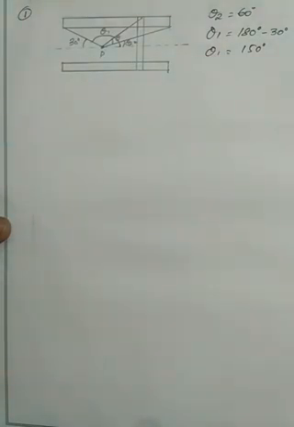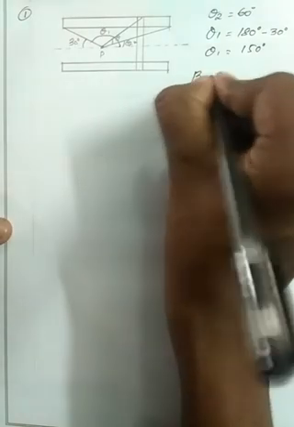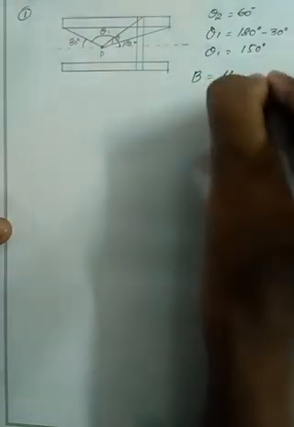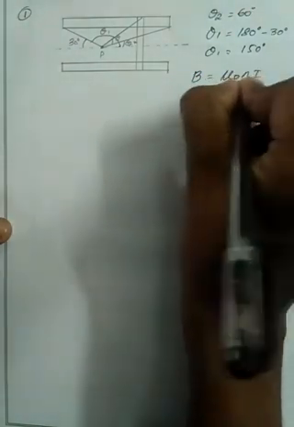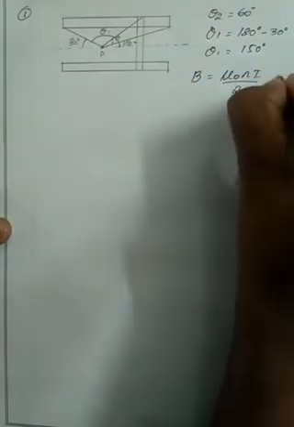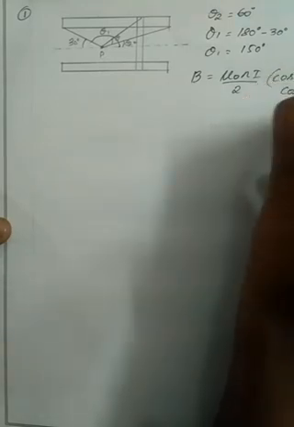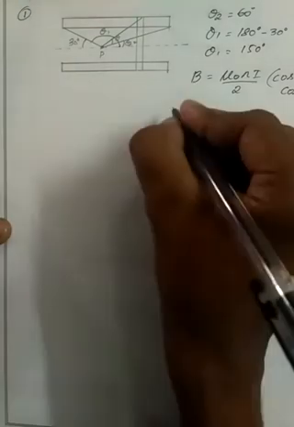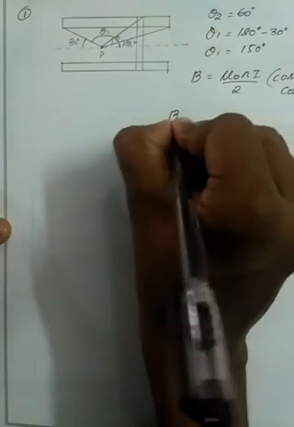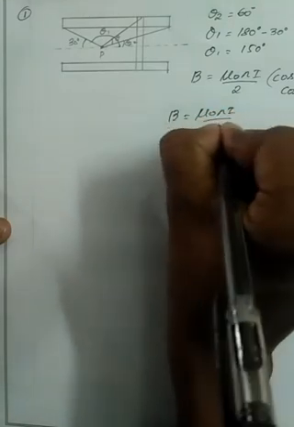So what is the formula to find the magnetic field? B equal to mu naught Ni divided by 2 (cos theta 1 minus cos theta 2). So B equal to mu naught Ni divided by 2